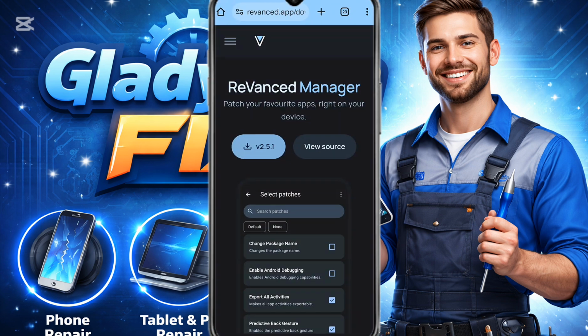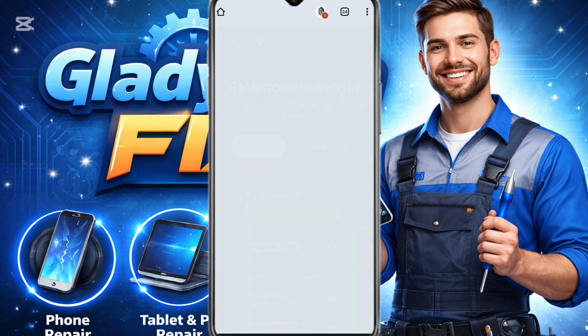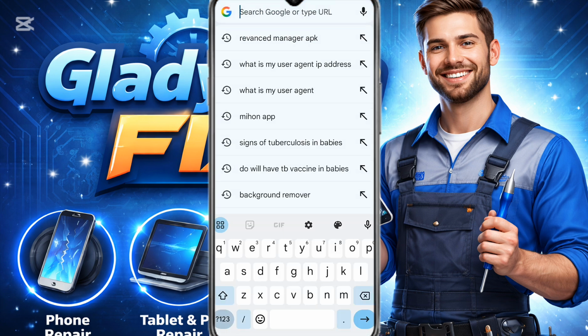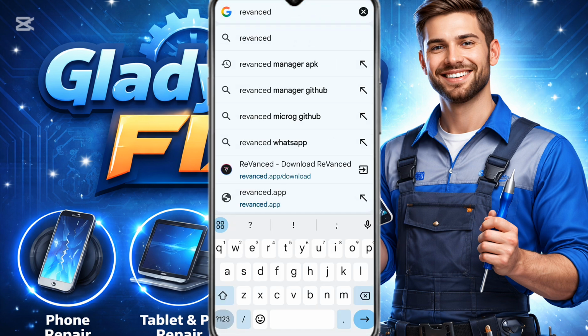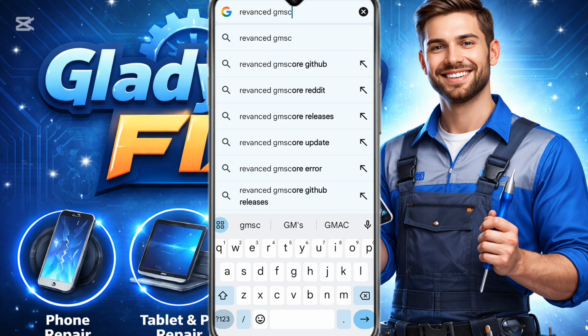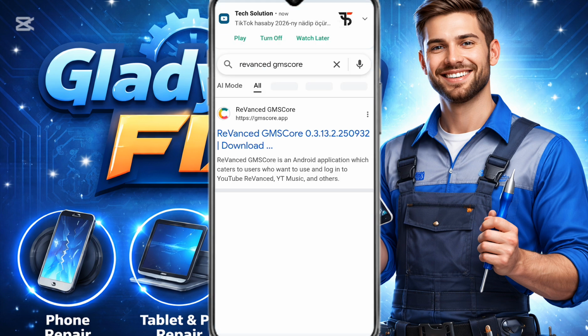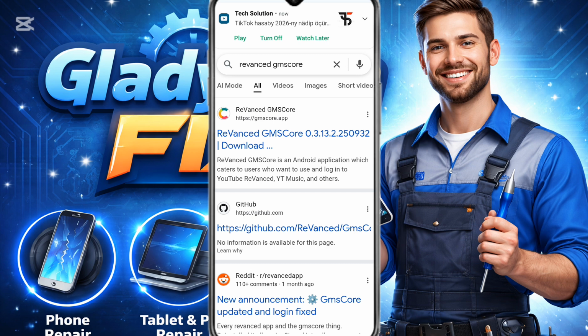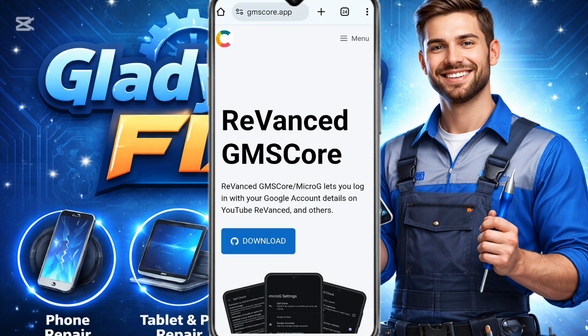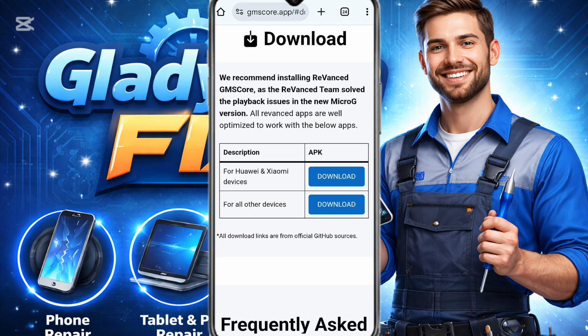So on my browser here, I have to just go and type in Revanced GmsCore. I'll search. So click on the first website here. So you click on the download option here. So you just click on download for other device,